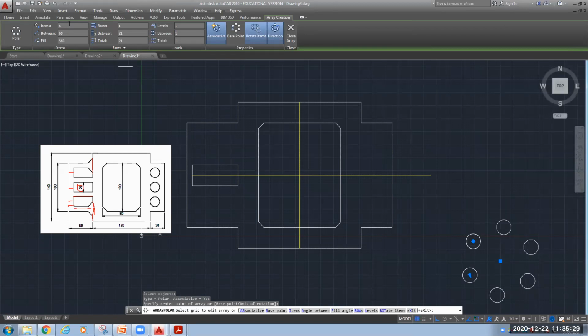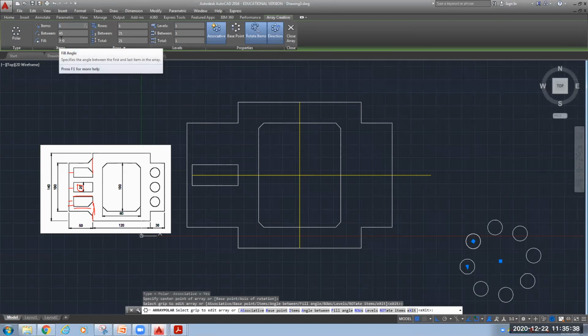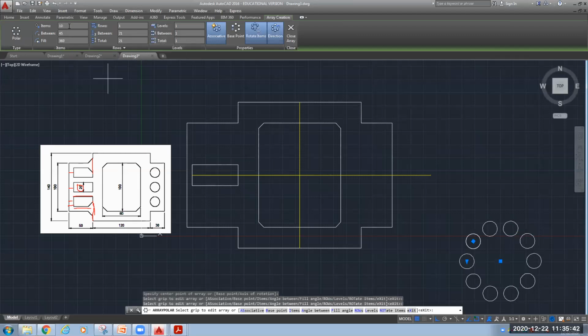If you want to increase that number, make it 8. You can see its reflection. If you want even more, you can make it 10. Here I am changing the value. You can see 10. If you want to make it 20, you can make it 20. So polar and rectangular, the difference is in rectangular, you draw rows and columns. And in the case of polar, you can draw it in a circular pattern. Okay.